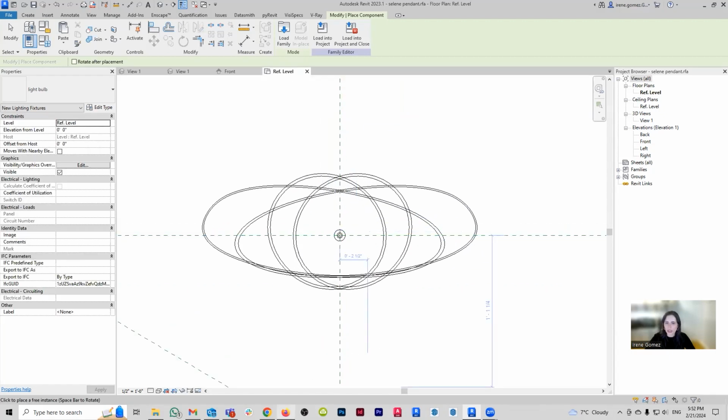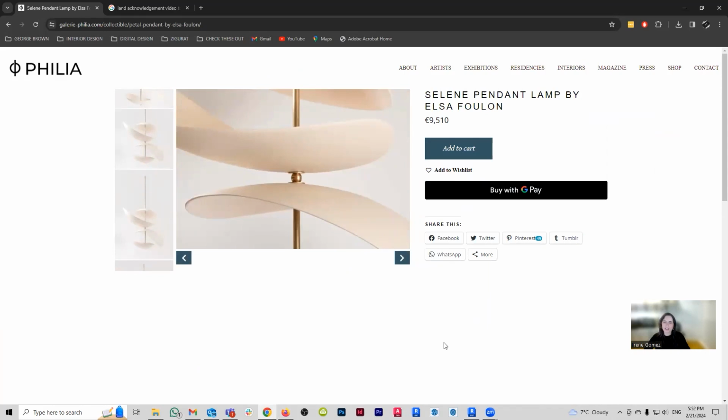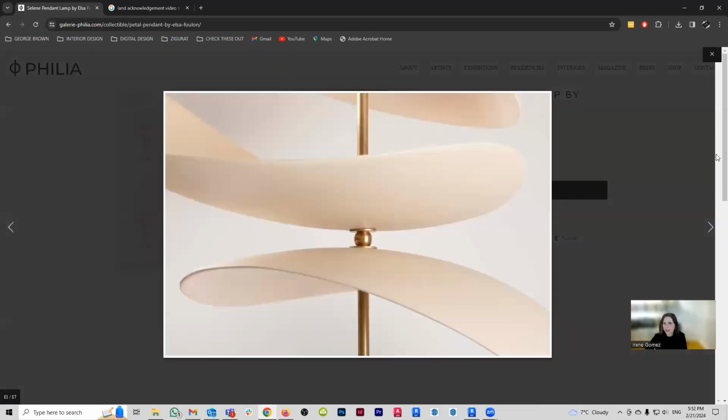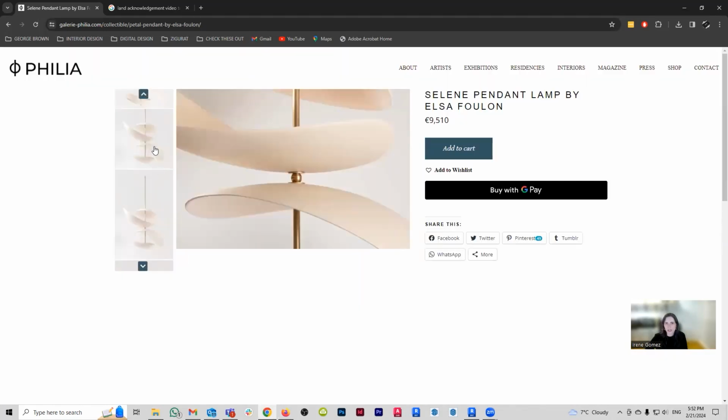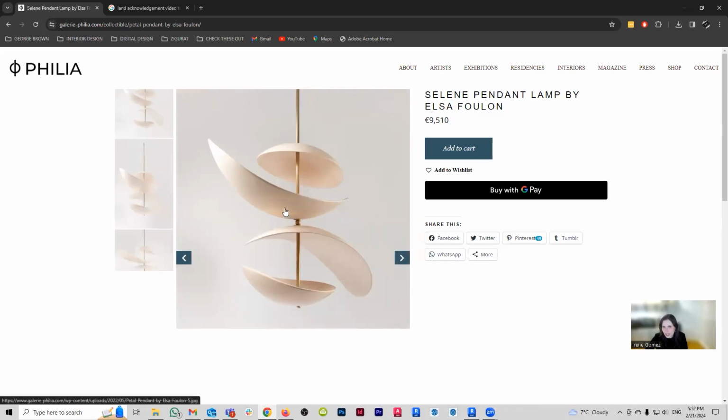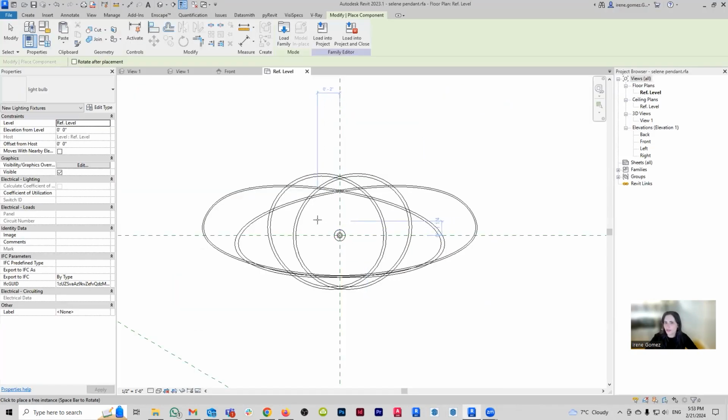And again, if we look at the reference image, the light bulb itself cannot be centered with the lighting fixture, because that's where the tube is. So what is likely is that it's going to be here on this element and it's going to be here on this element. So I'm just going to put it slightly offset. It doesn't matter where, we can edit this position later. So I'm going to click here.